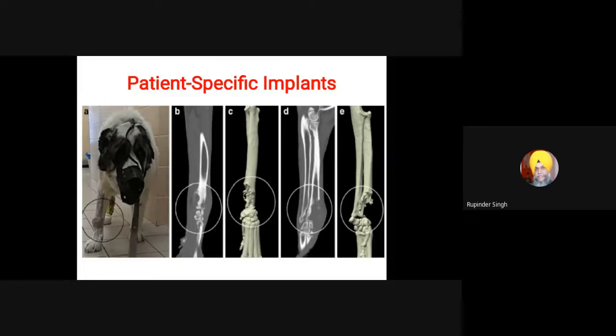So this is the area where we can create them. This is a case of basically bone tumor. This is a bone tumor, a dog showing a swelling on the limb. These are the CT scans and X-rays where you can appreciate in the C image that the bone is eroded, the bone is moth eaten. Okay, E is a different view of the same bone. So this bone is lost. This bone is eaten up by the cancer.